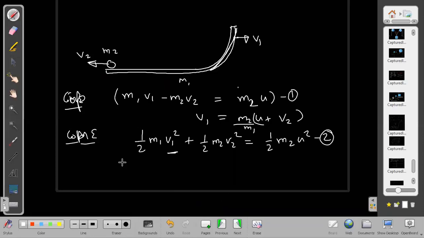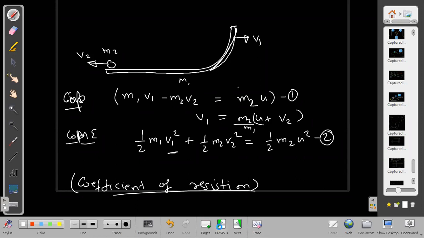Here I have a very good trick to do this. In fact, orally I can get this answer if I have to do it. But to know that trick, first of all, you should know something called the coefficient of restitution. That is not for this week's syllabus, but next week, during the collisions, you remind me again. At that time, I will do it. I will tell you in such a way that you can do it almost orally.